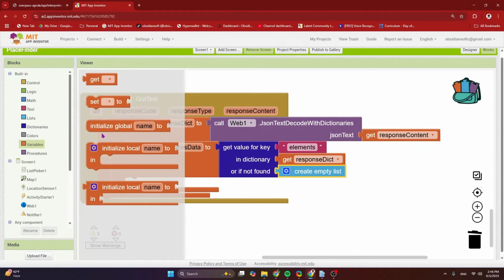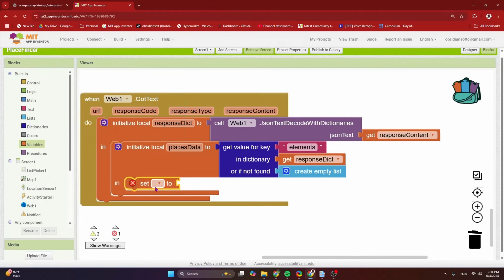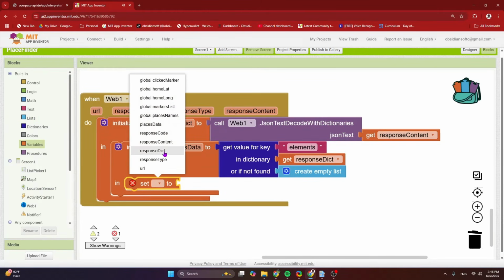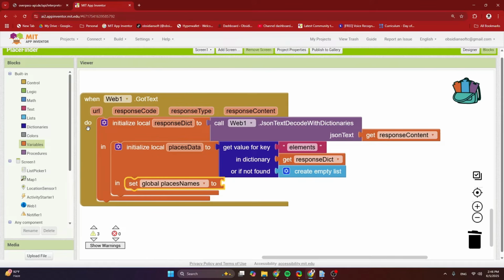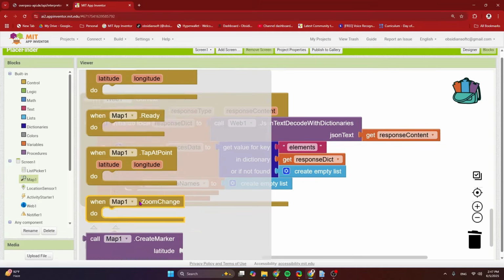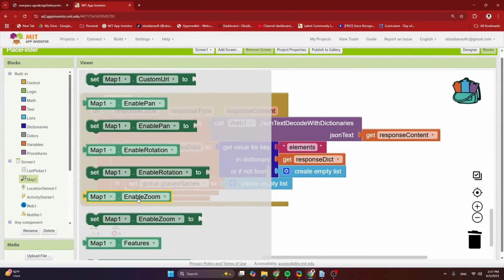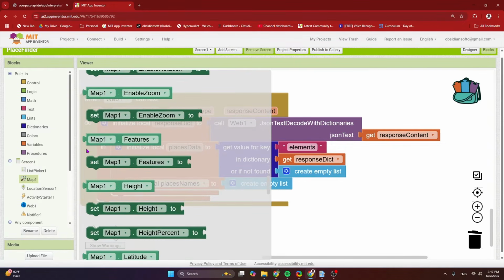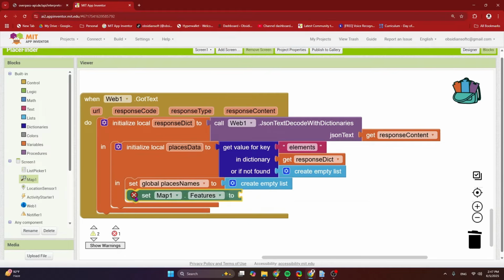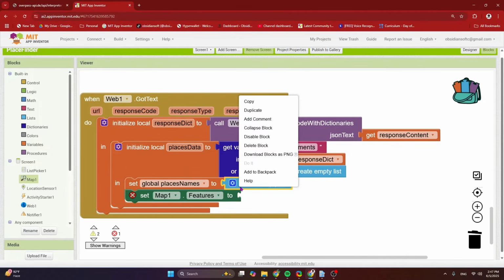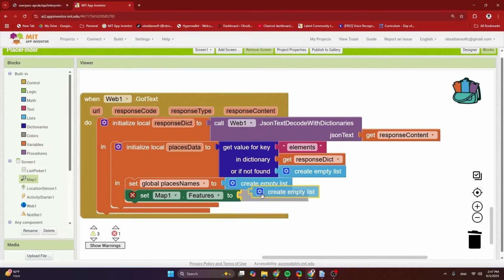I'm going to set my places names to an empty list. And now this is the tricky thing: I have to set the map's features to an empty list too. This will clear up the map and remove all the markers from it.